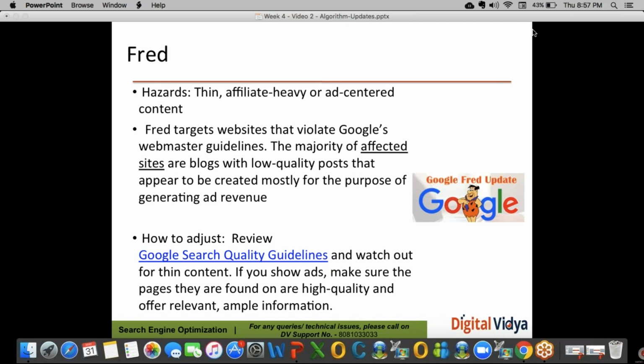How? Let me give you an example, okay? Let's consider protein shakes, right? Now there's one company, say ABC company, which is into protein shakes, okay?